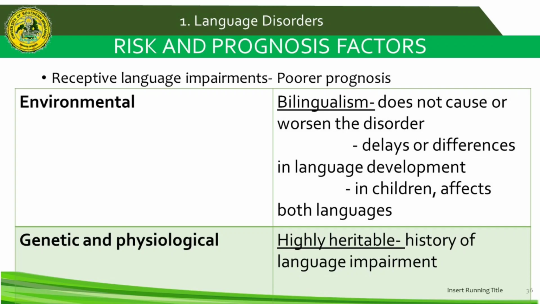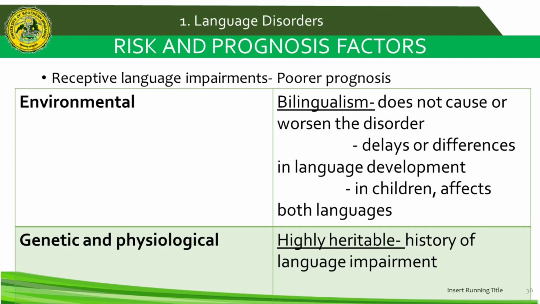So a language disorder in bilingual children will affect both languages. Therefore, assessment across both languages is important to consider. Para naman sa genetic and physiological, language disorders are highly heritable, and family members are more likely to have a history of language impairment. So, population-based twin studies consistently report substantial heritability for language disorder, and molecular studies nagasuggest sila